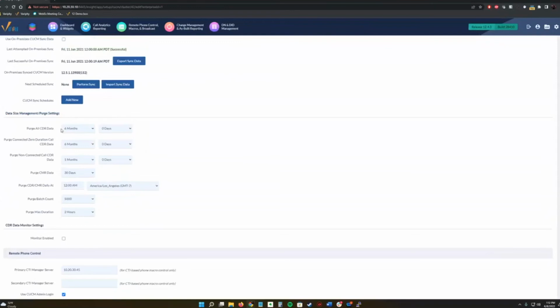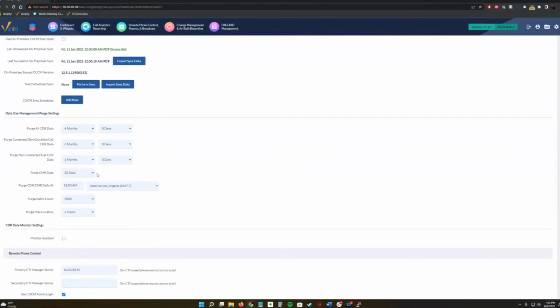Let's say you wanted to increase it. Let's say, well, I'd like to keep more than 6 months. Well, we could take a calculated guess right now. Let's say you had 10 gig of database size in 6 months. Well, another 6 months, you'll probably be at around 20 gig database size. So we can actually scale it larger if you want to keep more. But let's say you're like, I don't have the room or I don't have the RAM to be able to do this. We can lower this, set up the purge schedule to run at night. So the next day it'll be a lot lower. That RAM usage is going to be a little lower that we're going to need to use on that database as well.